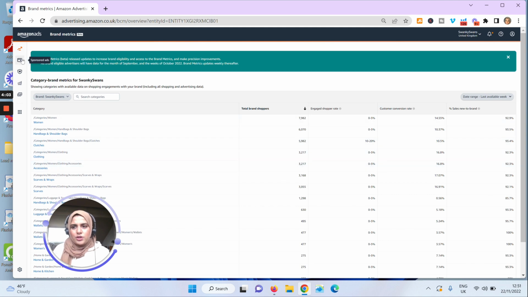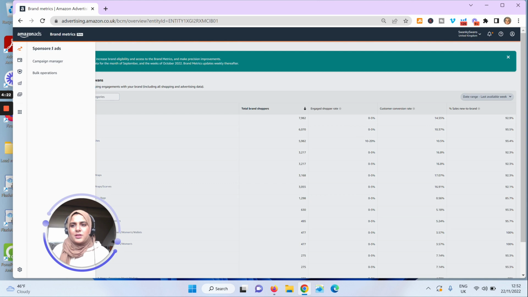I'm not going to go into detail around that. I don't really use it much. I don't really know how to use this information well just yet because it's still updating. It just shows you how you're performing in your category. The main thing is your sponsored ads